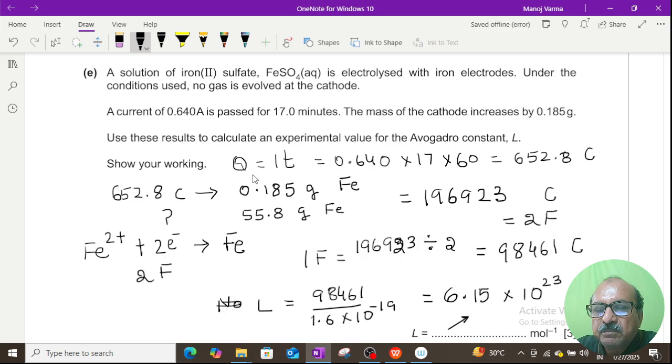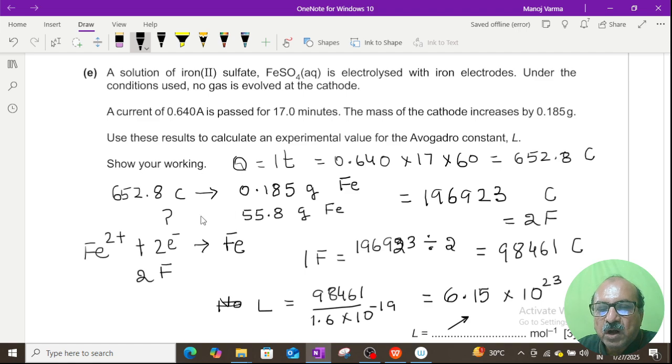Obviously, the first step would be to find the value of Q, which is I times T, which you can easily get. 17 minutes is converted into seconds. You get the value of Q as 652.8 coulombs. And so this much charge is passed and you get 0.185 gram of iron. Now the molar mass of iron is